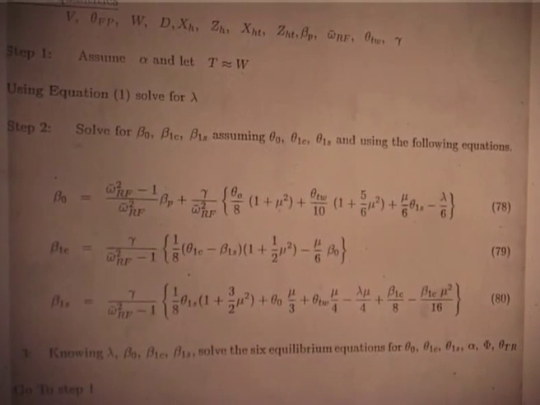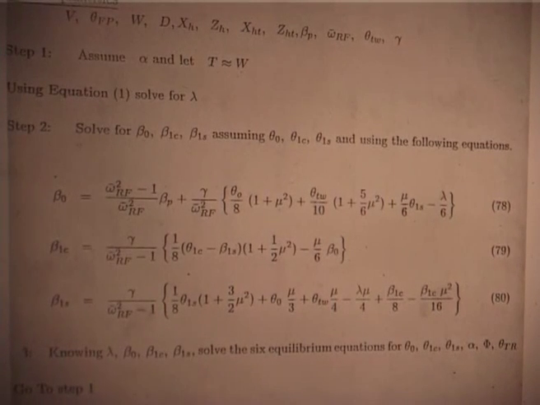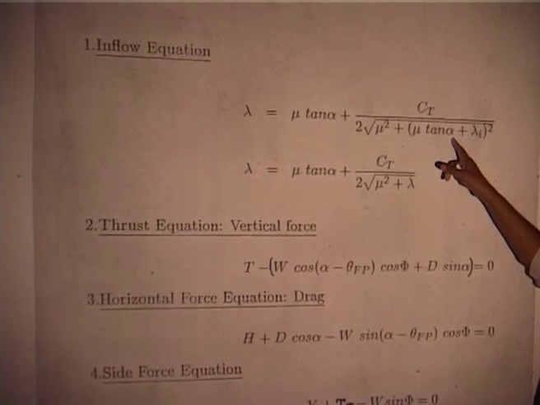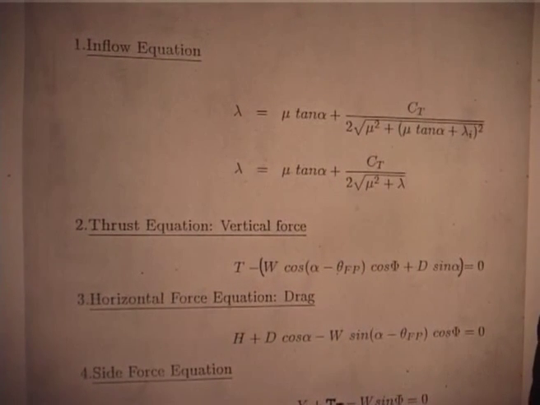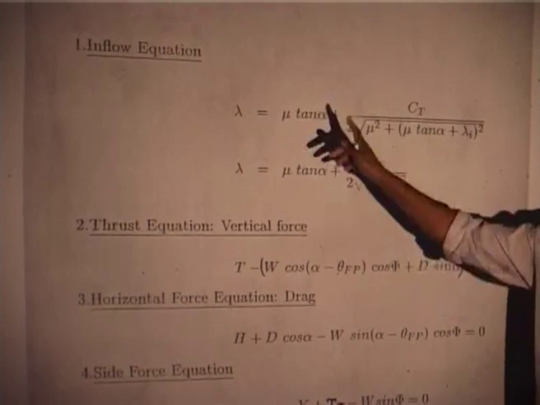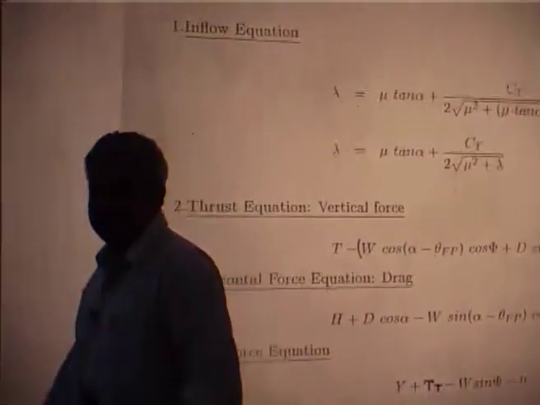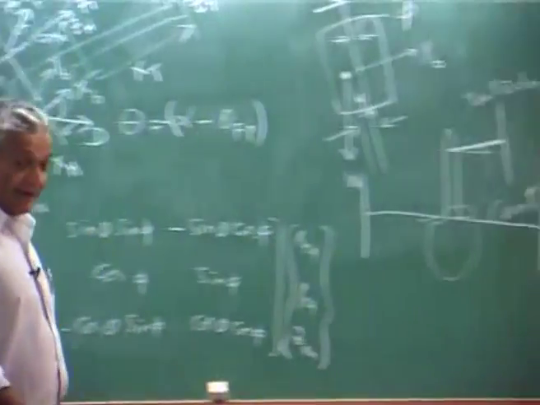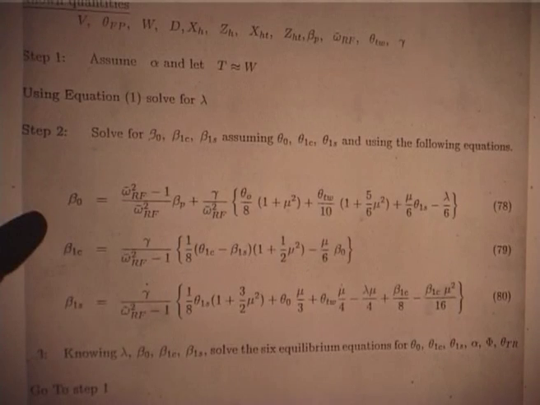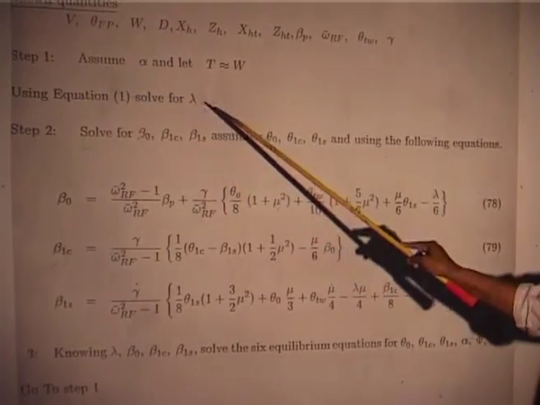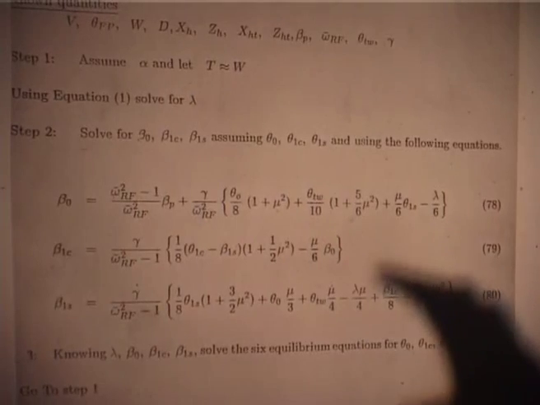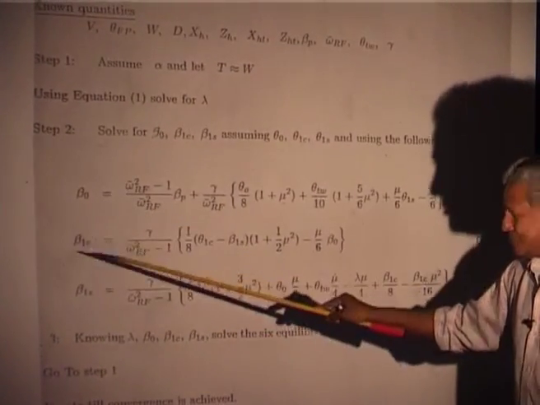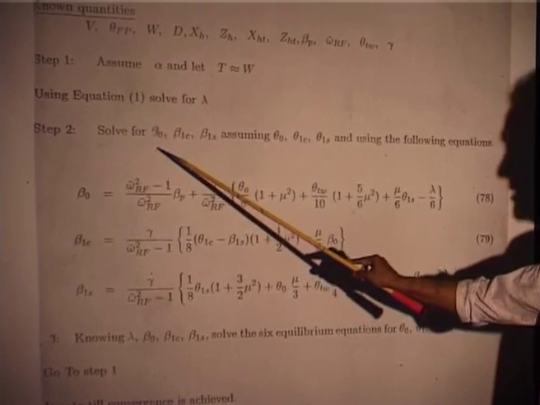Then you solve for the inflow lambda, because the inflow equation I showed you requires only Ct and alpha. Mu you will know, there is no problem, mu is given, that is the flight condition. So, you first iterate within this and get a lambda. That means in the very first step you got the inflow. After knowing the inflow, that is why I said use equation 1, solve for lambda. Once you get lambda, I have given you in your class notes the flap solutions for flap frequency not equal to 1 and equal to 1, for beta naught, beta 1c, beta 1s. Solve for beta naught, beta 1c, beta 1s,